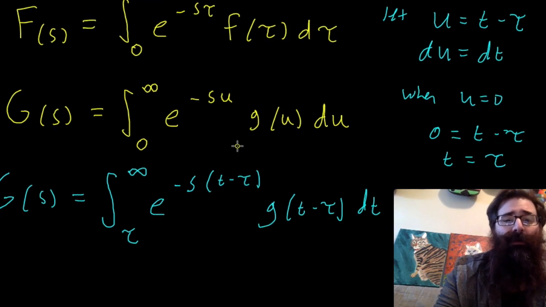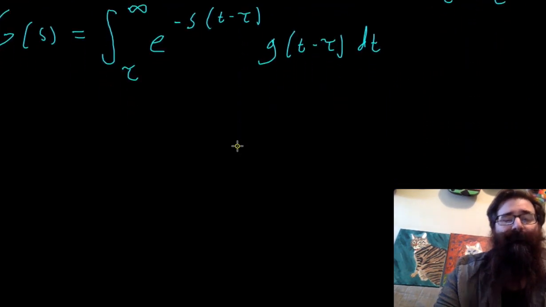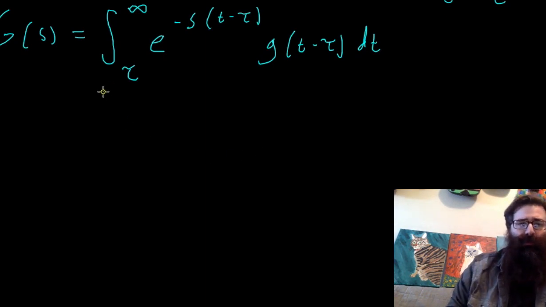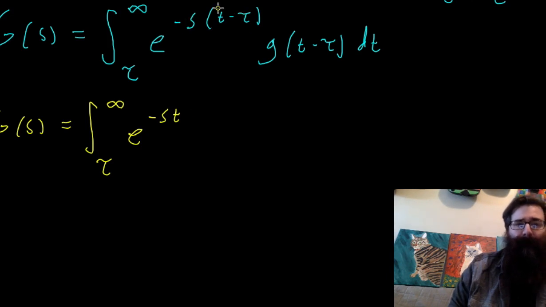Now from here, there's a couple of other steps I can take. So let me actually work through this a bit. So we'd say, okay, big G of s, the integral from tau to infinity of, now let me expand this out. That's going to be e to the minus st, and then minus s times minus tau is going to be plus s tau, times g of t minus tau